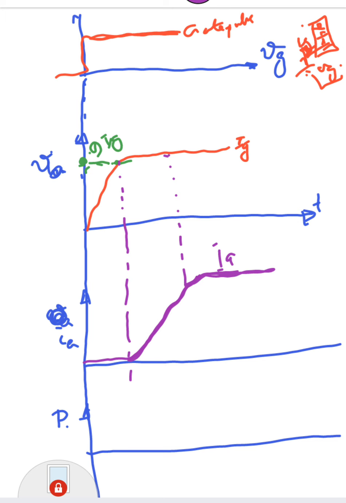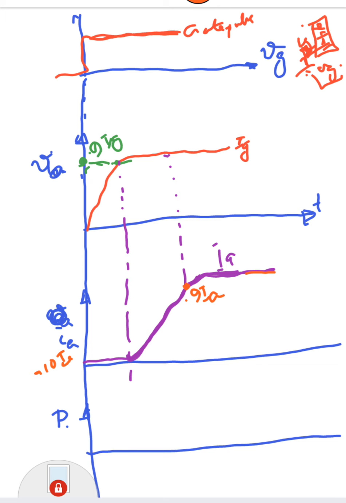So I'm going to mark this: anode current just starts to rise, so I can mark this as 10% of Ia or 0.1 Ia, and this is almost 90% of Ia or 0.9 Ia, and this is 100% of Ia. Okay,